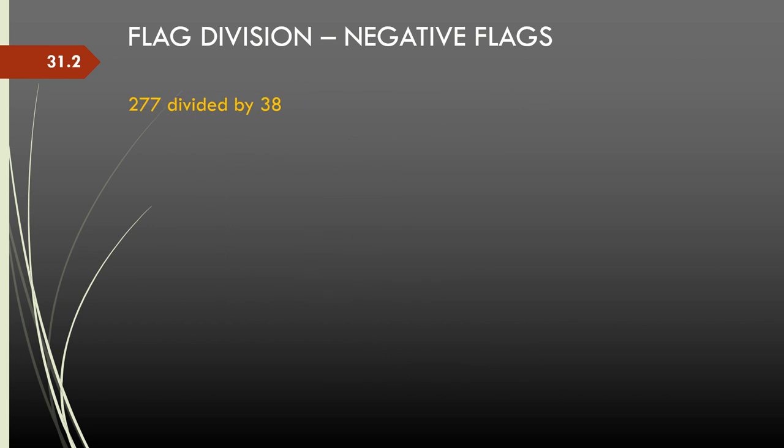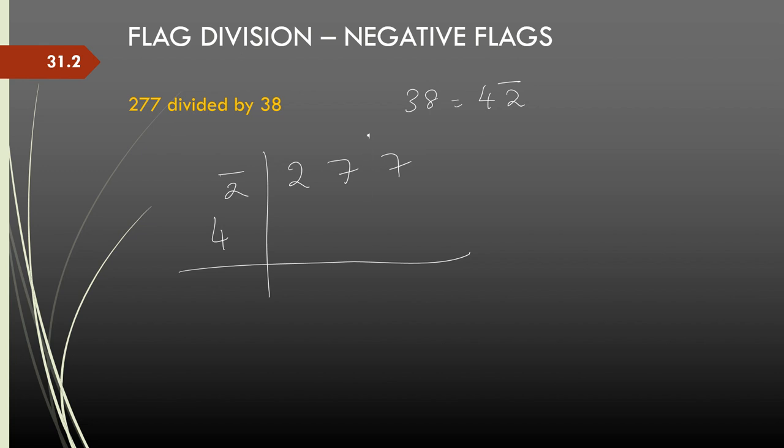Let us look at one more example. So, let us say dividing by 38, which is nothing but 4 bar 2. So, I will divide with 4 bar 2. So, 277 divided by 4 bar 2. See what happens. So, 4 7s are 28 or 4 6s are 24. 24, 30 carried forward plus 12. So, this is 49. But 49, if you notice, is greater than the divisor 38. So, which means I need to divide it once more.